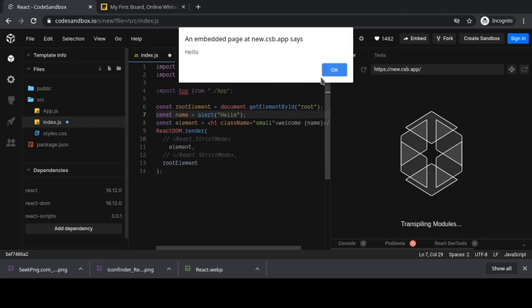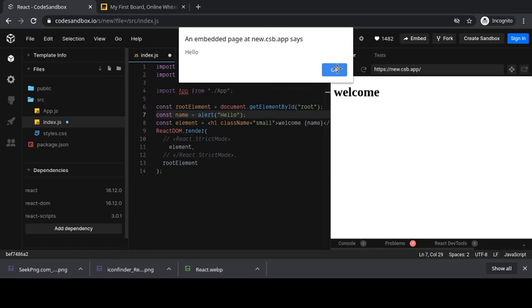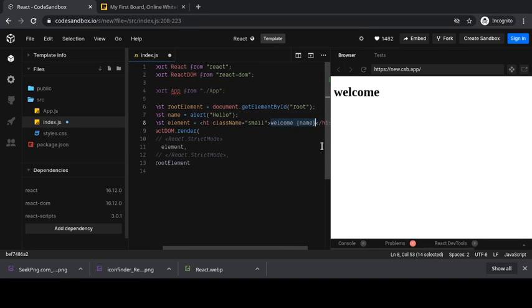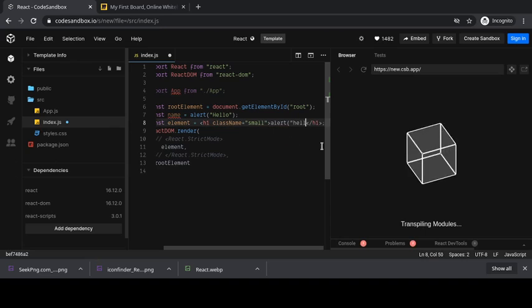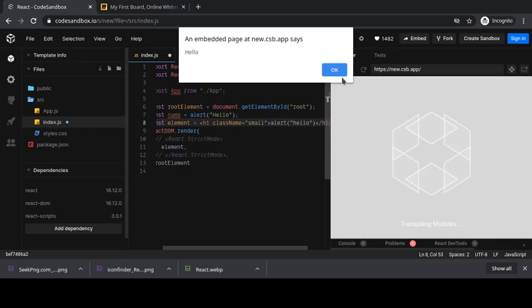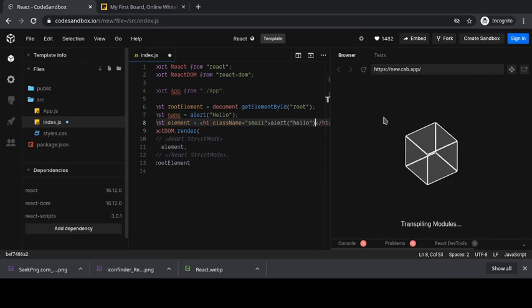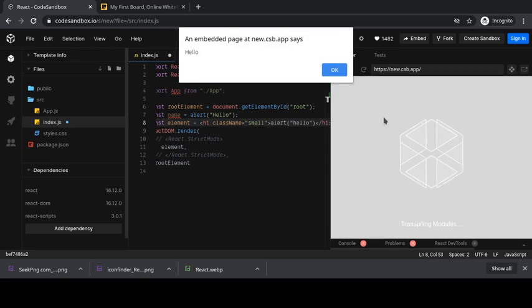But when you are embedding it inside JSX, that alert will be escaped, and we will not get that alert. This is what we call injection attacks.